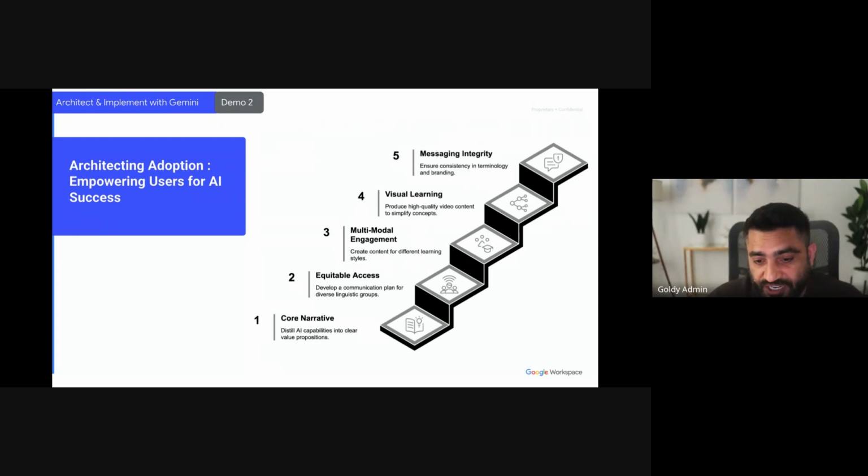Because today, IT's role is not just traditionally turning off and on some features in the product and then that's it, but rather make this more strategic, where you make sure that the investment that's gone into IT or these softwares are well invested. You can do that by sharing and making sure that your organization is adopting well, which means coming up with a core narrative or making sure that everybody has access to it and it's multi-modal so that it suits different kinds of learning experiences. And for that, we will go to, and it seems this came up,